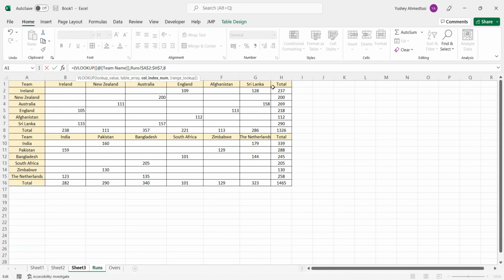This is 8. So this is 1. Let's just leave it aside. Now we need to add another parenthesis, since this is divided by